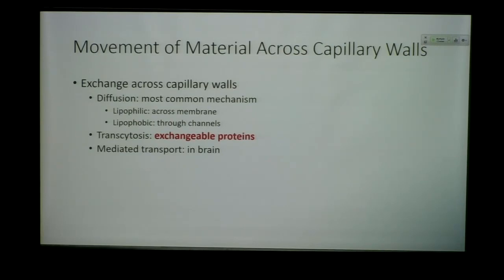Now, the brain is, again, exempt from this rule. In the brain, things cannot freely move from the vasculature into the brain tissue. What stands in the way? Think about astrocytes and tight junctions. So the blood-brain barrier. The blood-brain barrier heavily mediates the flow from capillaries into the brain, and that makes sense. That is to protect the brain from harmful substances like antibodies, pathogens, bacteria,